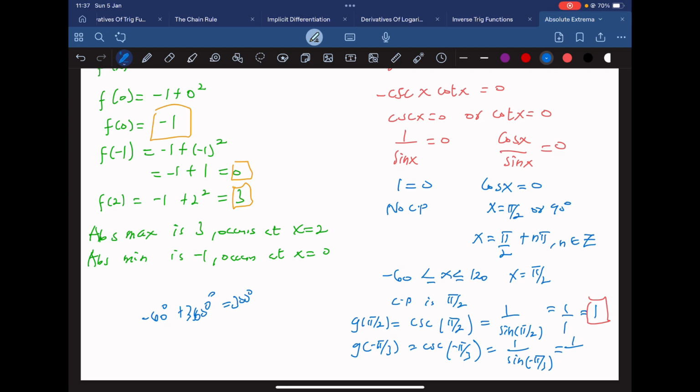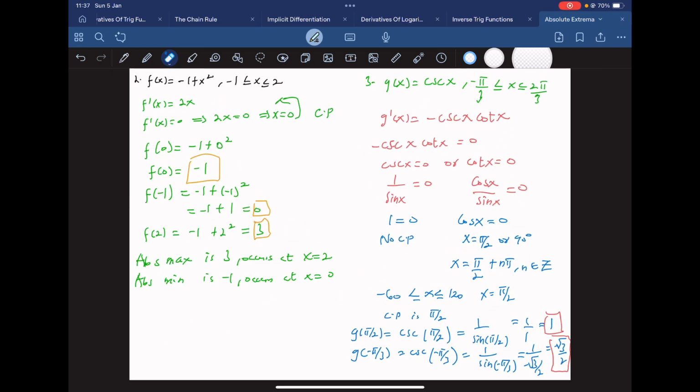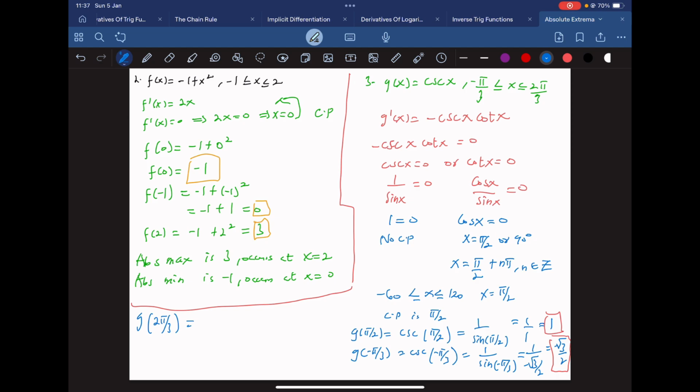So this is just 1 over, now sine of 300 degrees is negative root 3 over 2. So basically, if you find the reciprocal, this is negative 2 over root 3. So we have the second value here. So let me do the third one. For the third one, you just have to find g of 2 pi over 3, and this is 1 over sine of 2 pi over 3,